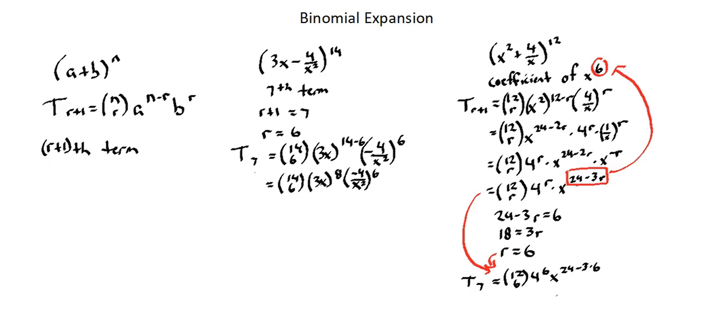So x to the power of 24 minus 3 times 6 is x to the power of 24 minus 18, and that is x to the power of 6. So as a confirmation, I'm going to note that, but that isn't a part of the answer. The answer is simply the coefficient. And when we simplify the binomial coefficient 12 choose 6 times 4 to the power of 6, we end up with the value